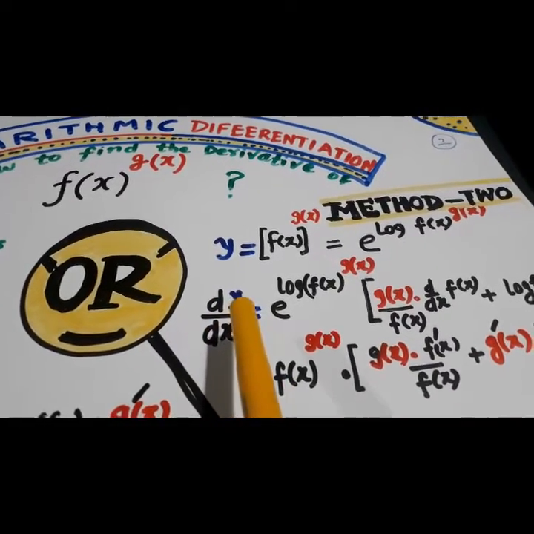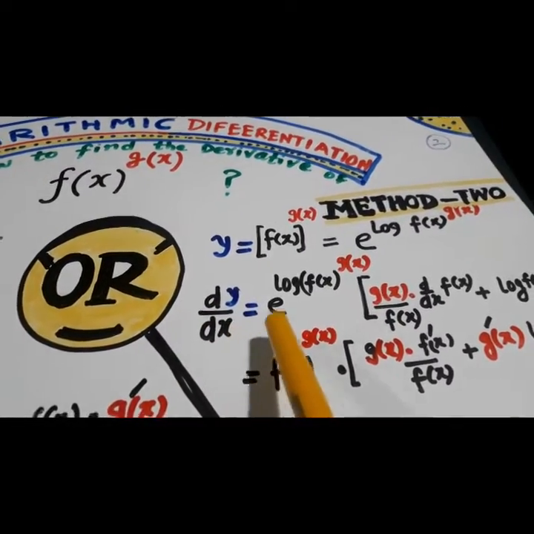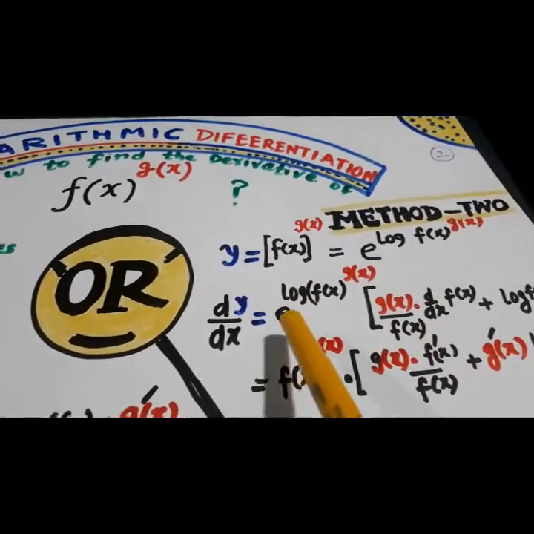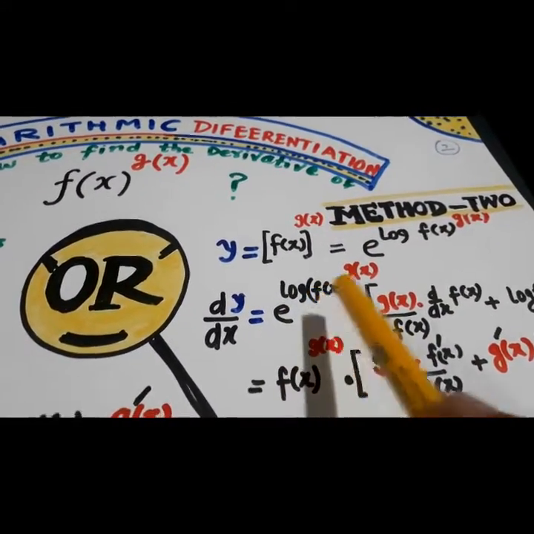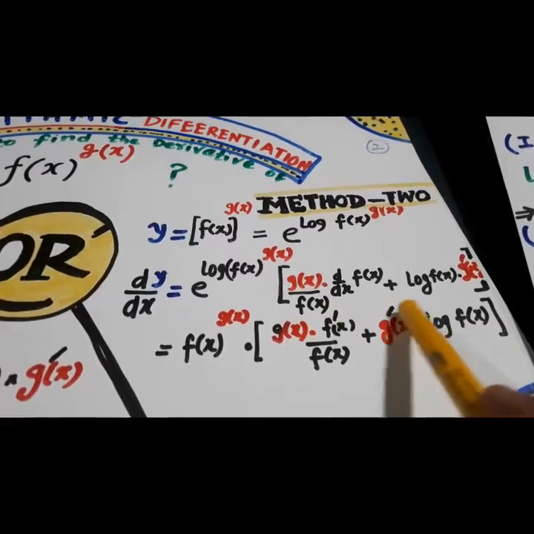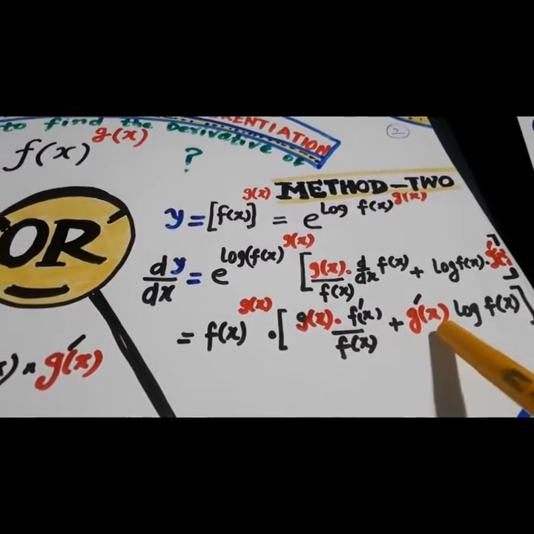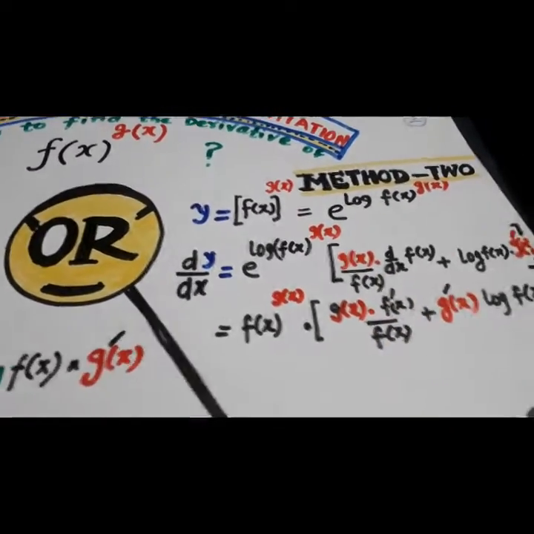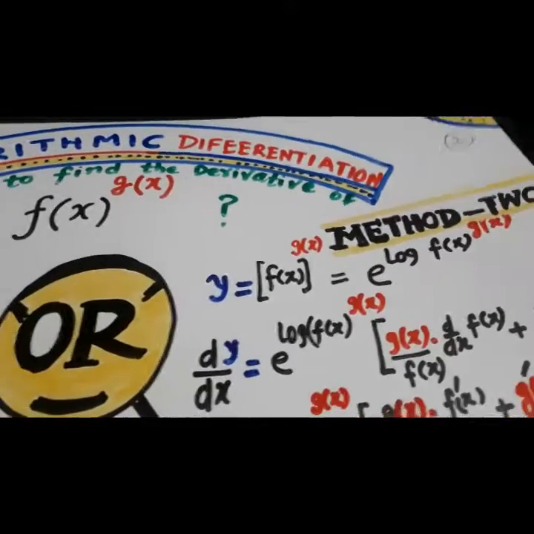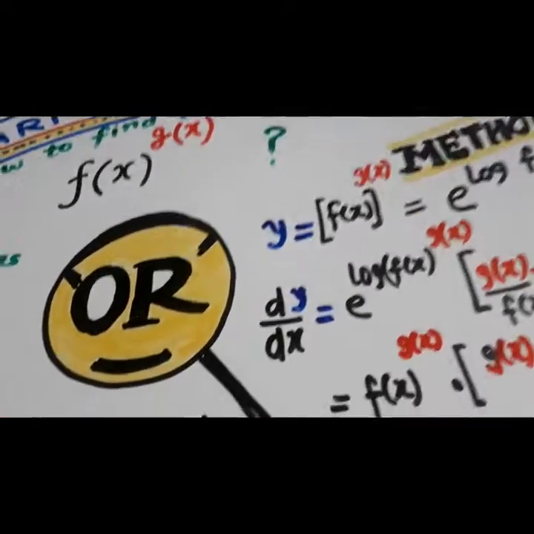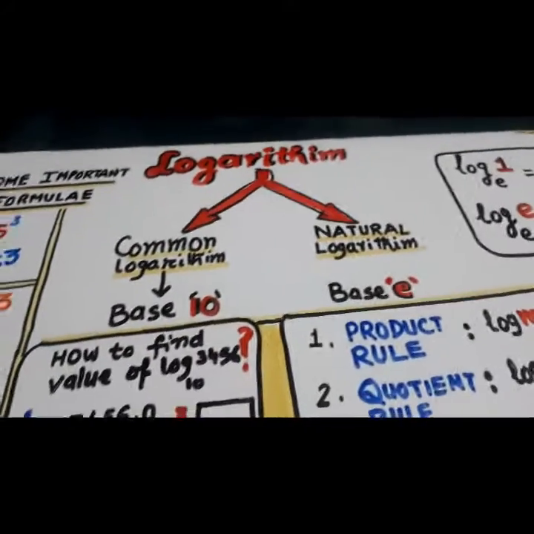Derivative of y with respect to x: now, whatever the power of e is, keep it as it is, then also differentiate the power, and we will get the derivative of this. So this is how we will go ahead. Now I'll come up with my examples. So the examples are, look here.